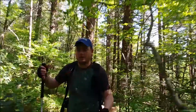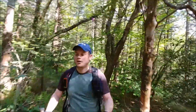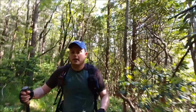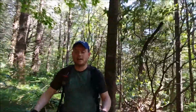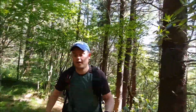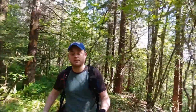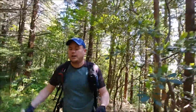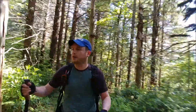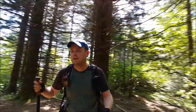I am trying to peak bag 2 or 3 peaks over 6,000 feet as part of my pursuit to finish the South Beyond 6,000 challenge this year. These are 3 peaks in the southern Black Mountains that are trailless. They have some old forest roads and bushwhack type trails, but no official trails go over the summits, so they're